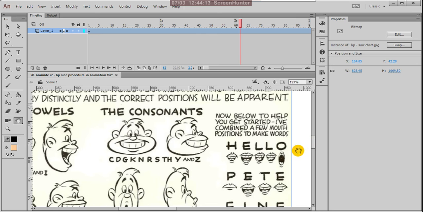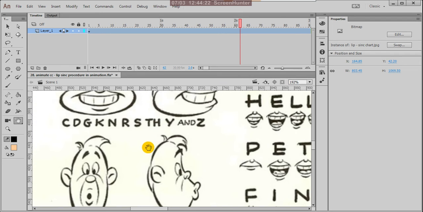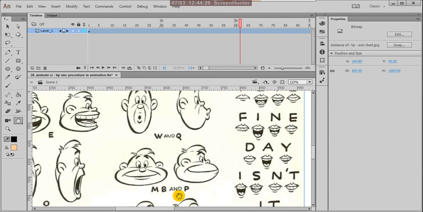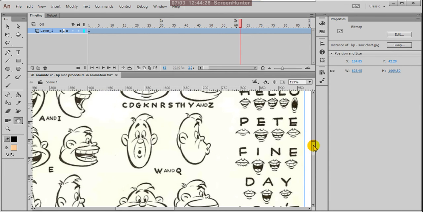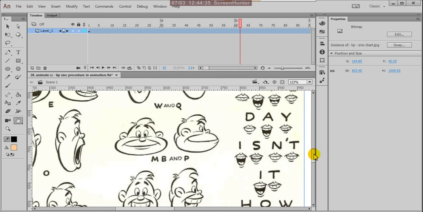Coming to these mouth shapes. This is hello, and here Pete, P. See the P, it is taken from this closed mouth. For M, B and P we are using this closed mouth.